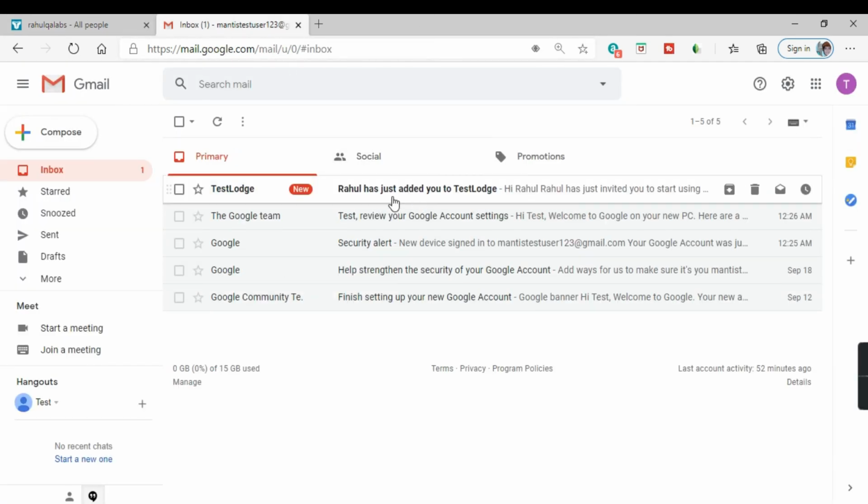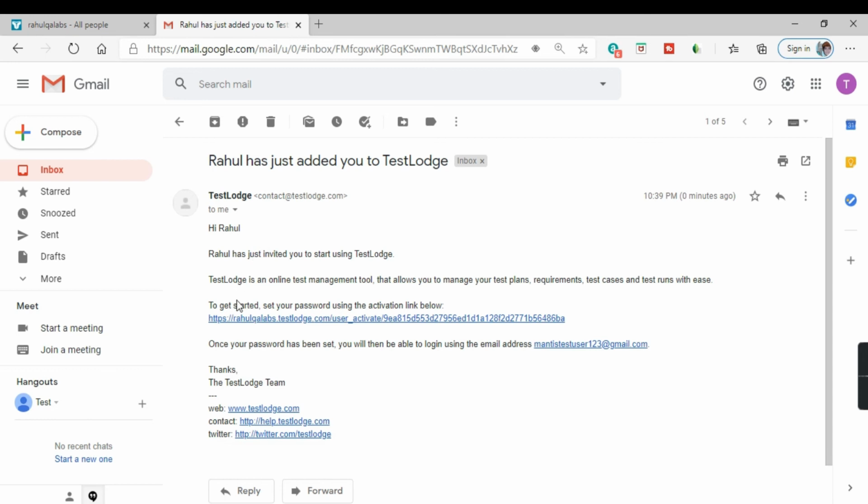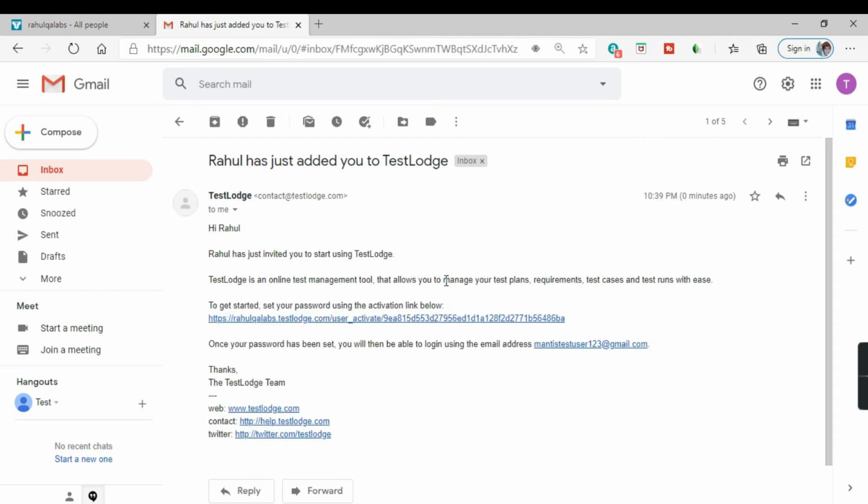Okay, see, TestLodge says Rahul has added you to TestLodge, and to get started, set your password using the activation link. So they have sent you an activation link and you can click on this link and set the password. Once your password has been set, you will then be able to log in using the email address. So these are all the instructions.